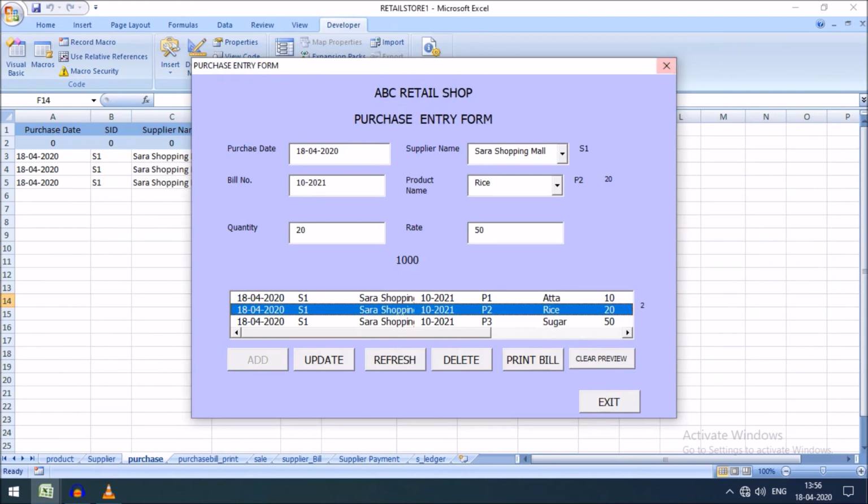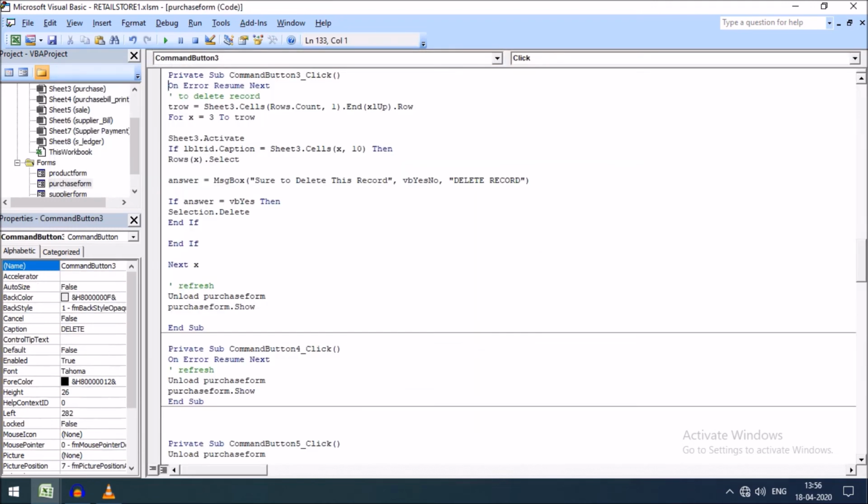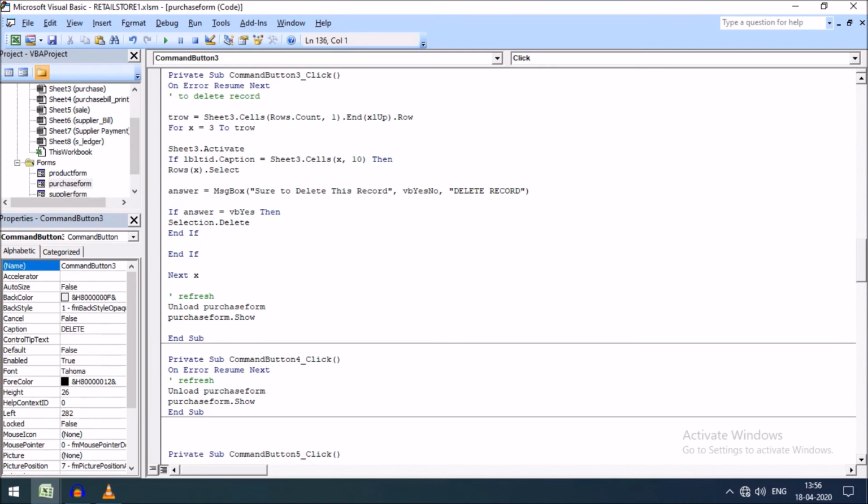So friends, exit. No, don't exit first. Then a similar thing has been given to our delete option. Here to delete, I have again matched the transaction ID.